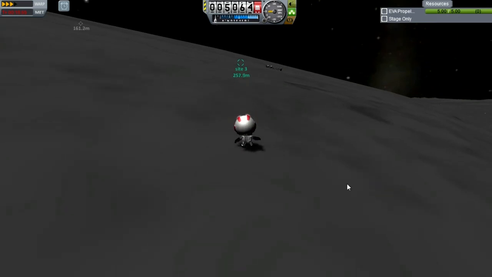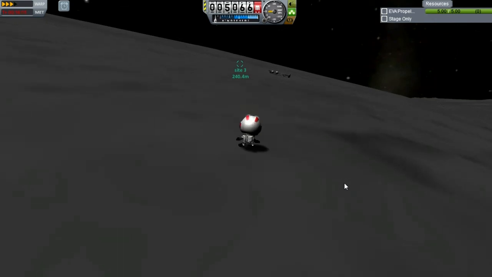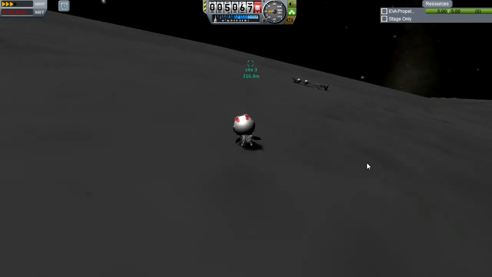Alright, I'm taking him back over here to Site 3. I'm going to park him somewhere close to the Site 3 flag, and he will await rescue. And we will be rescuing him because he's carrying at least 4 experiments worth of science. And we want that. So we'll be back next time